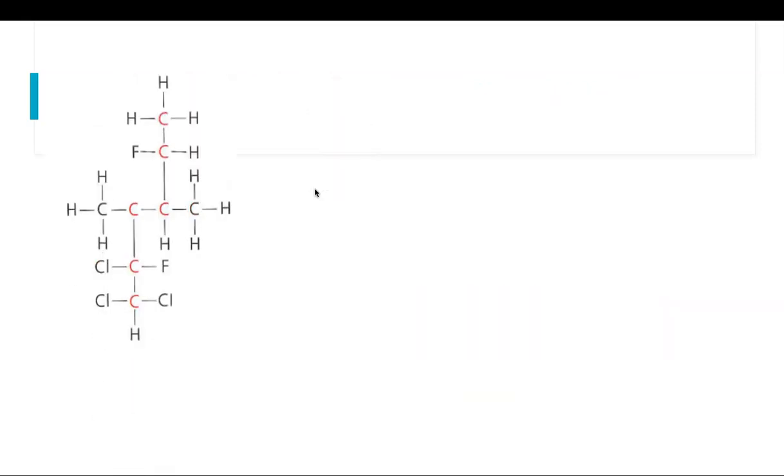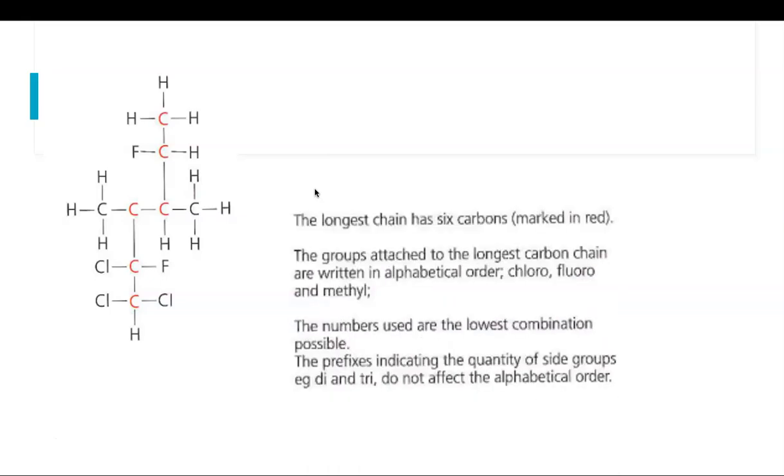Next one, how will we name this one? In red, I've taken this example from an AQA chemistry book by Hodder. The red carbons tell you the chain. So the longest chain has 6 carbons. And then you can see it's got chlorines attached, it's got fluorines attached, and it's got